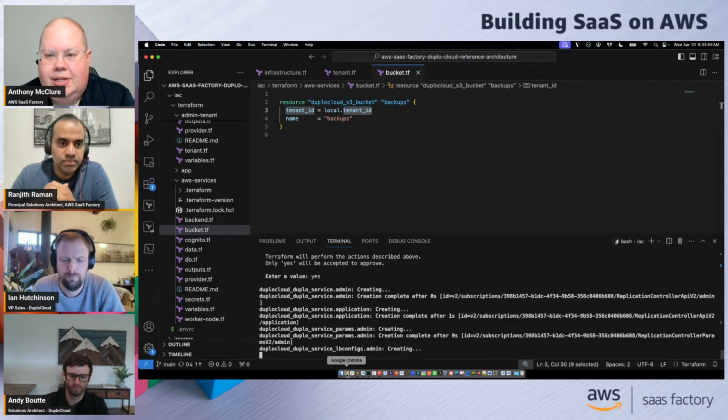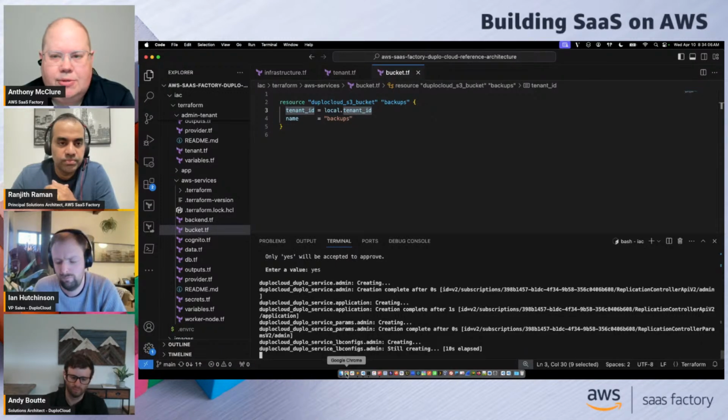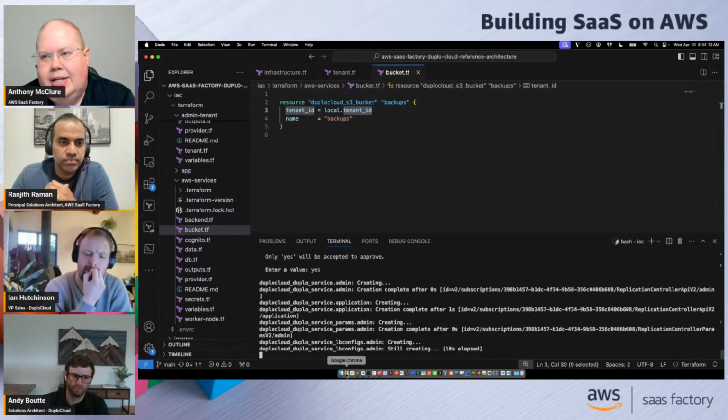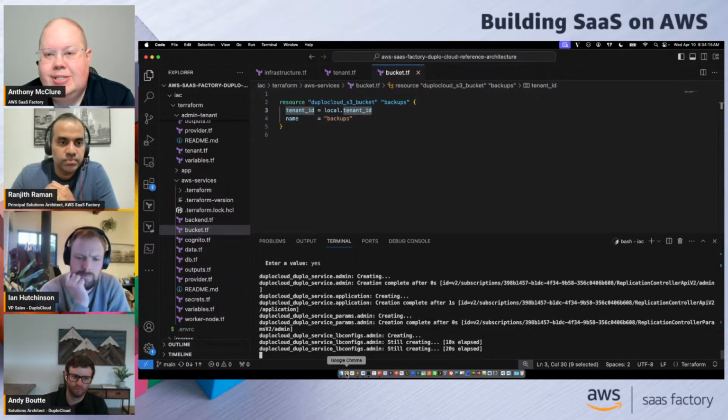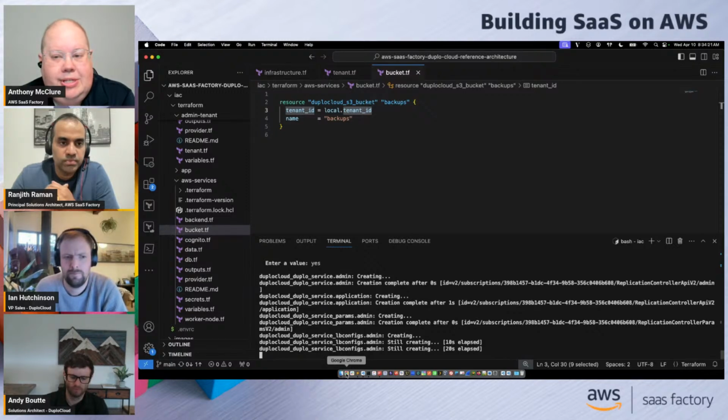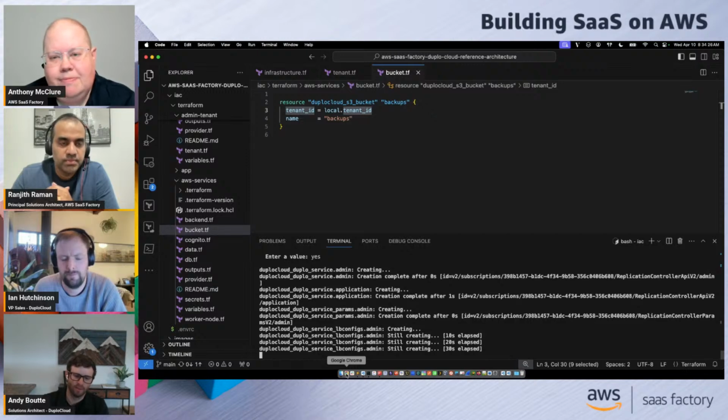So much of this is what we like to call undifferentiated heavy lifting, right? These are the kinds of tasks that are necessary in order to have a software as a service solution, a well-architected one, building out all of this infrastructure, building out this control plane to manage it all. And DuploCloud has produced this as something that you can purchase from them and work with them on, potentially saving you a lot of coding, it looks like here too. So it's pretty impressive. Absolutely.